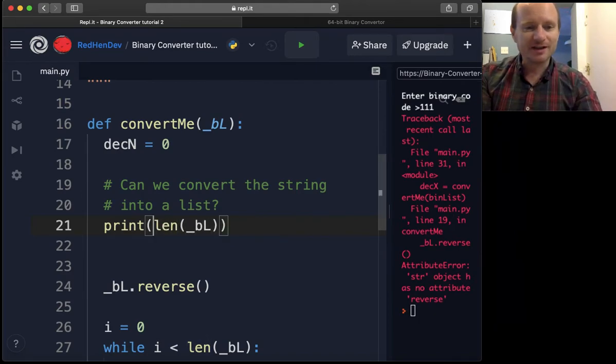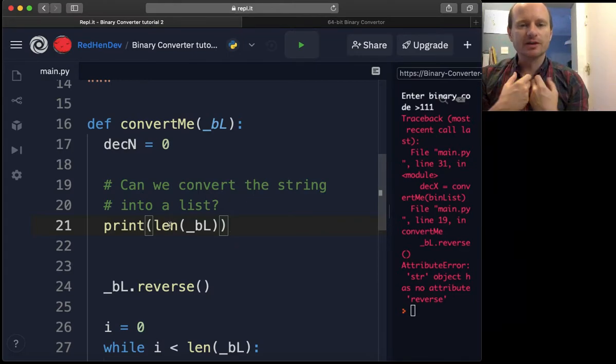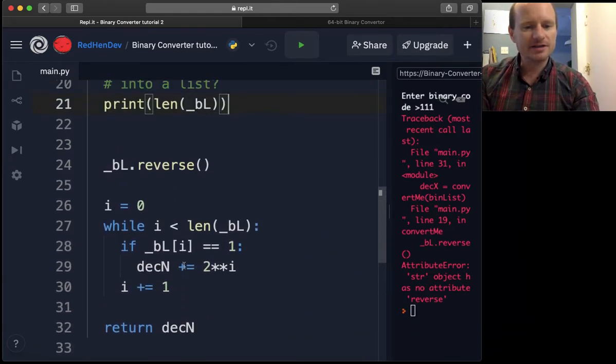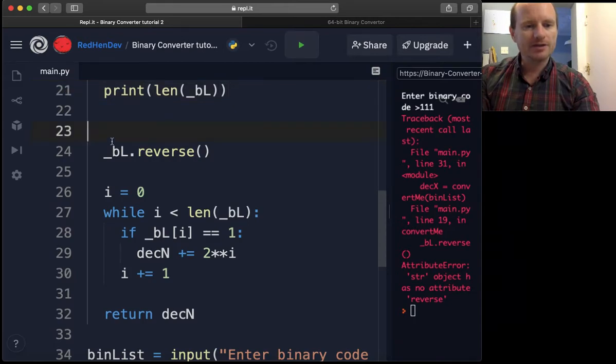Now I'm changing my mind again. Maybe if we're not concatenating, the print function will understand in Python. You just want to print out that number. And then, I guess, let's just comment out